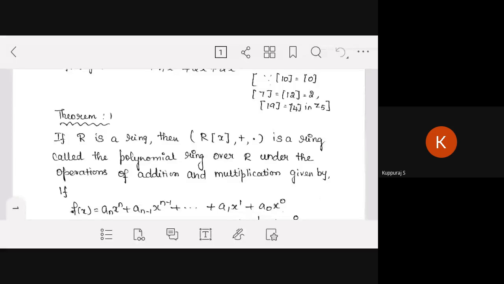It is a very important 8-mark problem in this topic. So two polynomials are given. We need to find the addition and multiplication of two polynomials under some ring. Either they are given a set of all rational numbers, that is ring under rational numbers, or otherwise under modulo. So whatever is given, first we need to add the coefficients directly. So it is f of x plus g of x, and multiply, we get f of x into g of x using the formula.